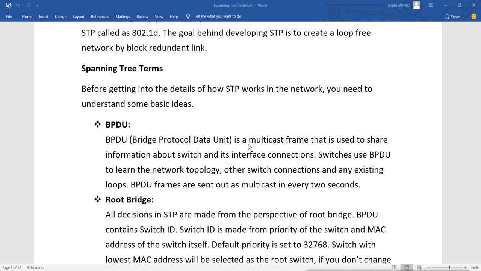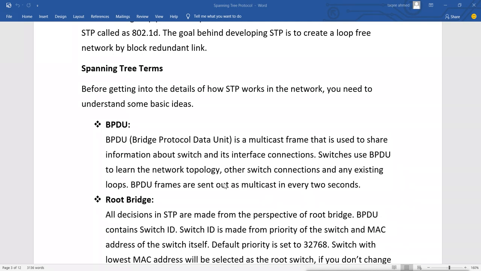It is a multicast frame that is used to share information about the switch and its interface connections, and switches use BPDUs to learn the network topology, other switch connections and any existing loops. BPDU frames are sent out as multicast every 2 seconds. This is the data information packet which is sent from switch to switch, every 2 seconds, as a multicast packet.